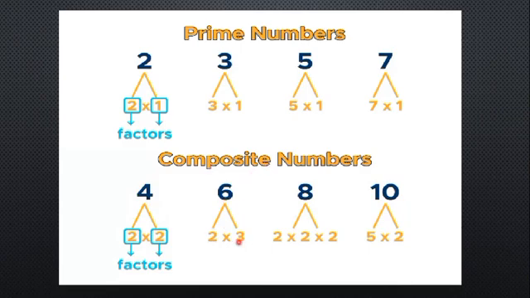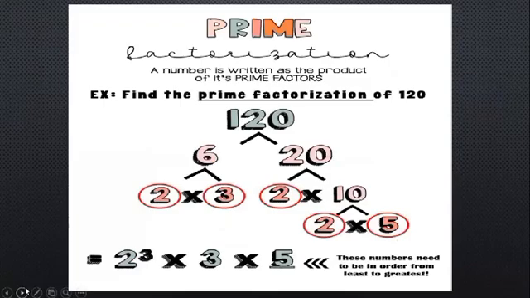6 can be written as 2 times 3, غير 1 و 6. Well, 8 can be written as 2 times 2 times 2. 10 can be written as 5 times 2. So in this case, we can mention that the numbers يلي هن 4, 6, 8, and 10 are composite numbers. Now, let's give finally for today the definition of the prime factorization. What is